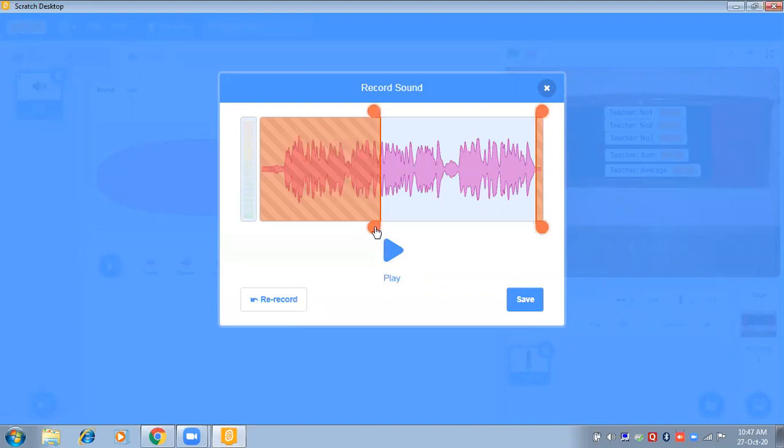Stop recording. Just check it. Suppose you have made some mistake in the recording and you need to cut that part, so you can cut it from here by dragging these areas. So from wherever you want to start, you can start and just check. In this question, we have to calculate the sum of three numbers. So first number is 10, second number is 20 and third number. Okay, fine. So I'm going to save it.